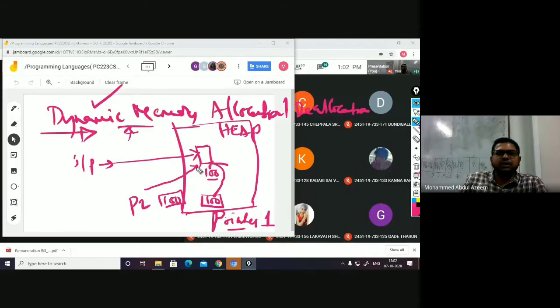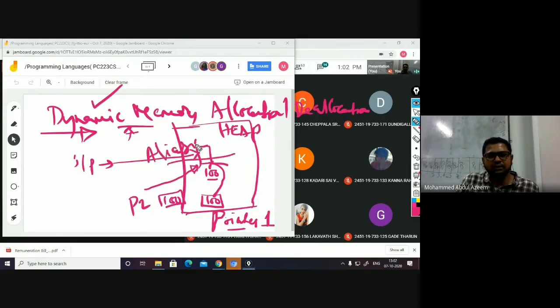It generally happens, right? Unless you have a cross-check mechanism to ensure that a particular memory is not being owned by more than one pointer or more than one user, you cannot resolve this kind of issue. And this particular concept, I'm calling aliasing.